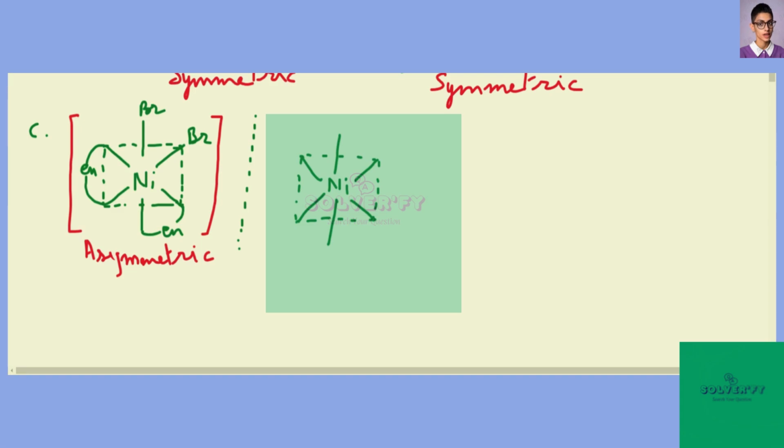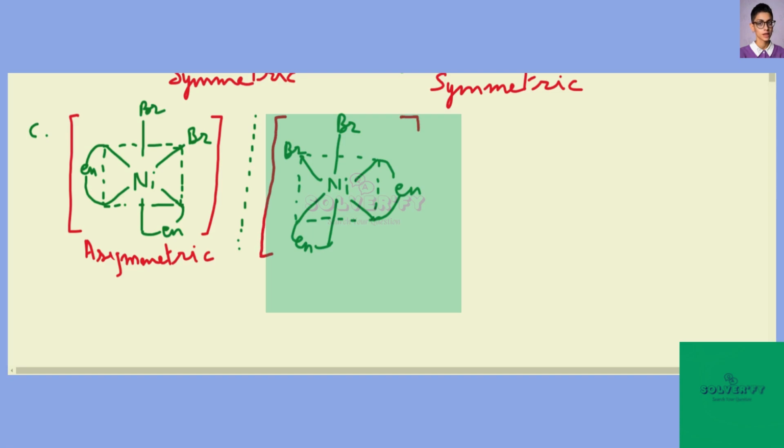Now the question is about the mirror image. So you have to see the original molecule and make the mirror image accordingly. So here with this Br we have this En, and En should be attached to this one, and one En must be here, and it should be like this. So this whole molecule is the mirror image of the first one,